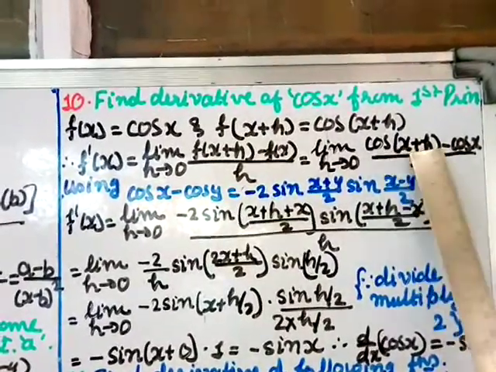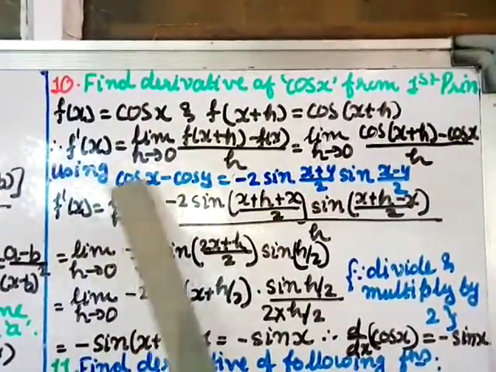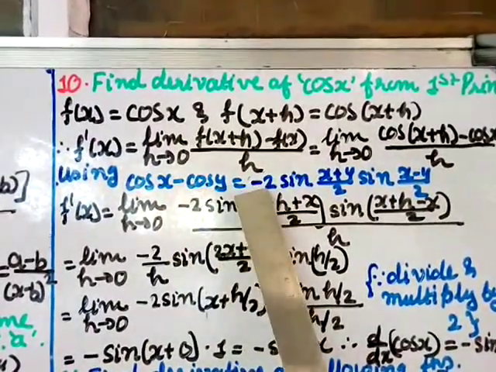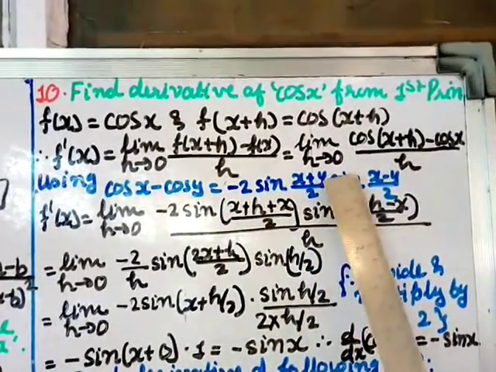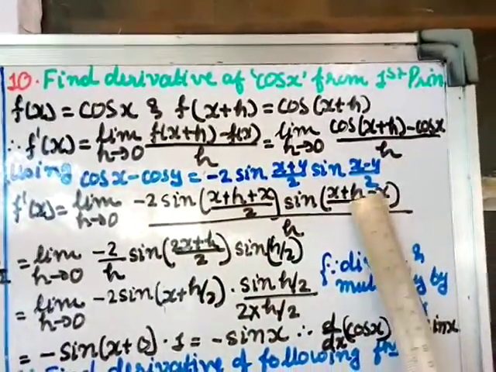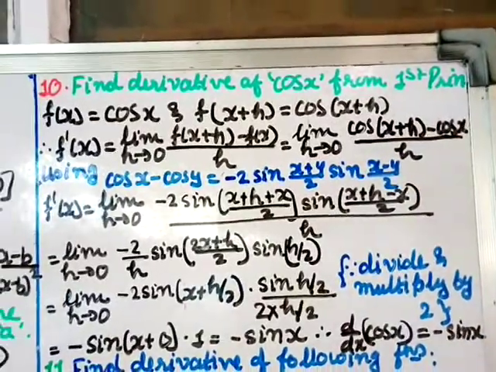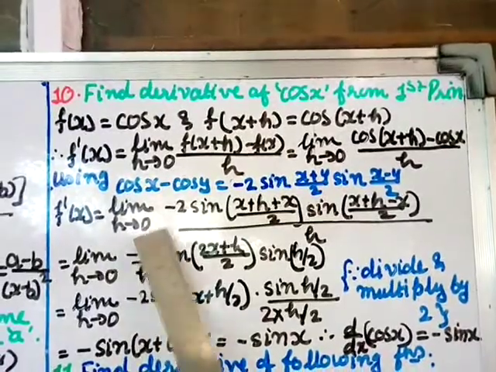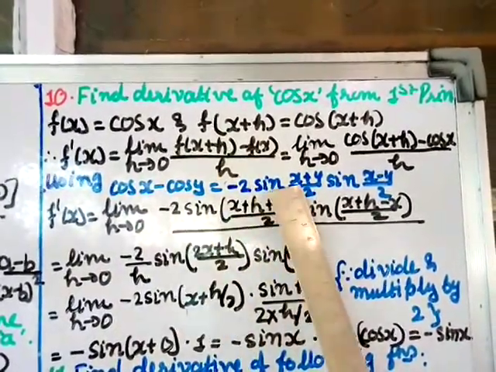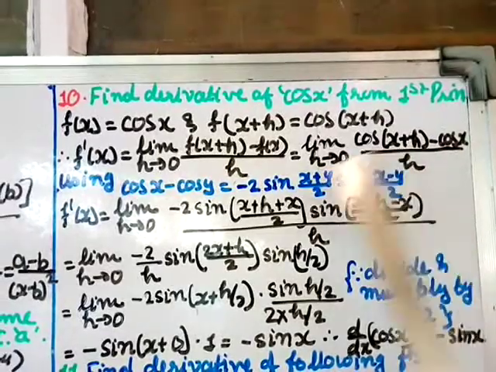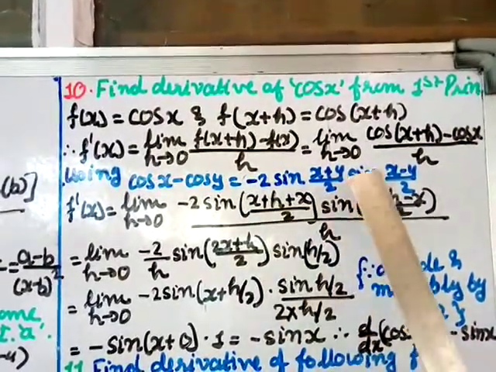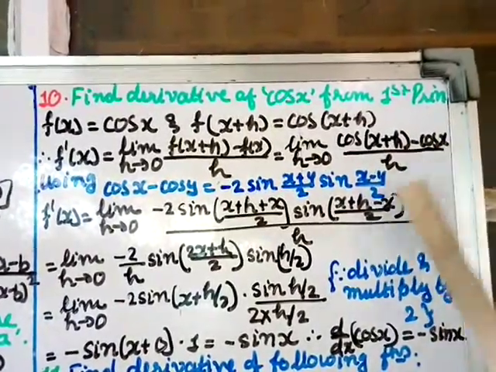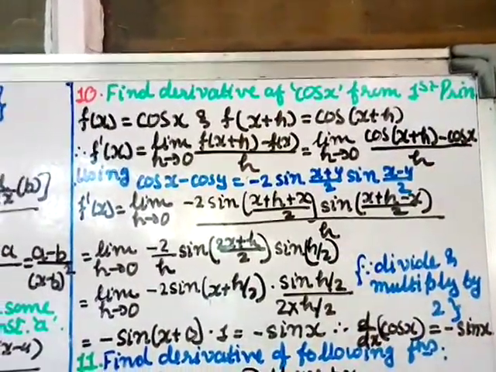Now here this is cos x minus cos y form. The formula we have done in the chapter 3 trigonometric functions. The formula is cos x minus cos y gives you minus 2 times sin of x plus y by 2 and sin of x minus y by 2. The first one call x, second one you call it as the y. So let us apply here this result. f dash x equal to limit h tends to 0, minus 2 sine of x plus y, so this plus this by 2, so x plus h plus x by 2, sine of x minus y by 2, so x plus h minus x by 2, divided by the denominator h.